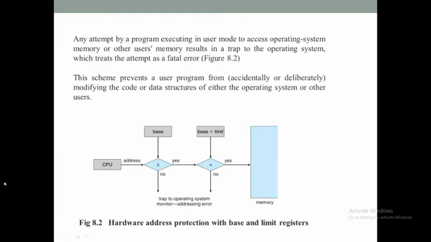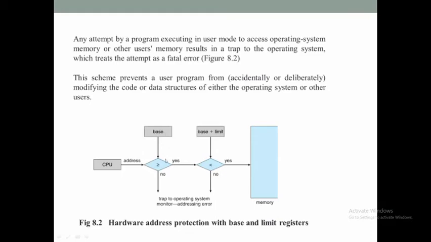See how the hardware protection is being provided. Whenever the CPU generates an address, it is requesting the operating system to fetch the instructions and data from the memory. The operating system will check every address generated by the CPU. It will first compare the address with the contents of the base register. The address which the CPU is trying to access should be either equal to the content of the base register or greater. That address can be the starting address stored in the base register, or anything greater than the starting address.